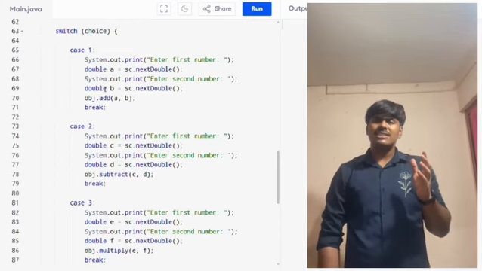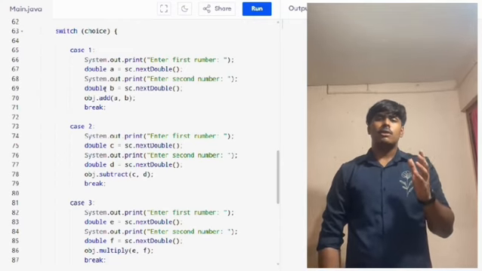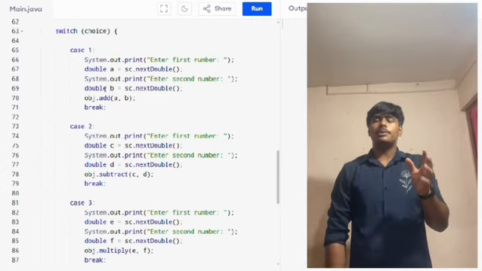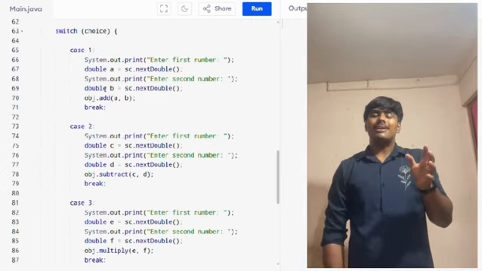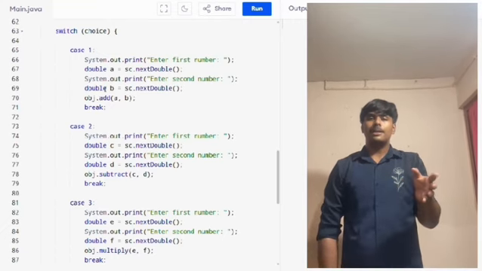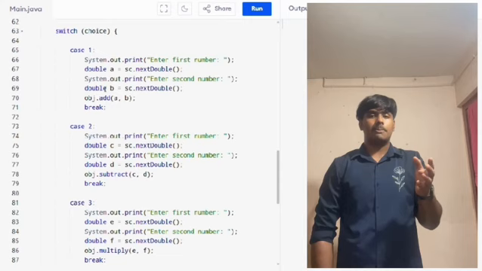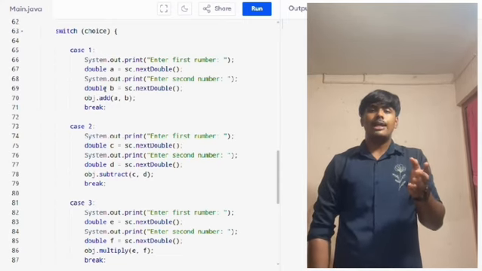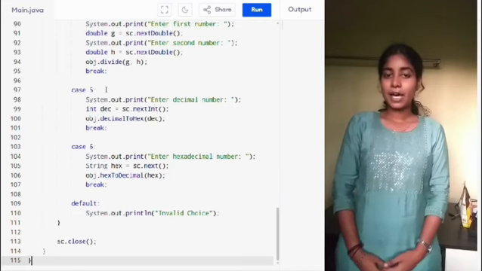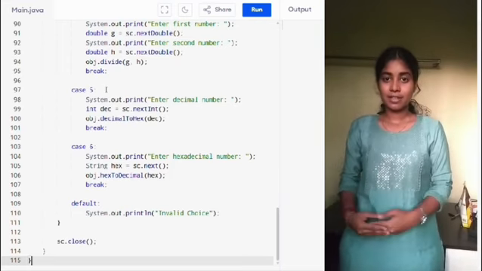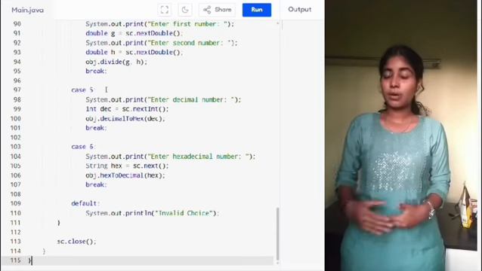This case runs when the user selects 2, meaning subtraction. The program asks for two numbers. The numbers are stored in variables C and D. The subtract method is also called using object subtract. This method subtracts the second number from the first number and displays the result. Now that we have seen how the calculator performs addition and subtraction,